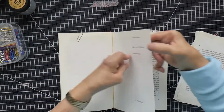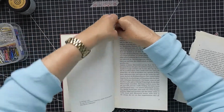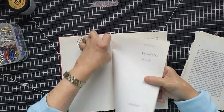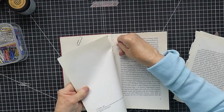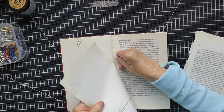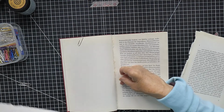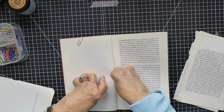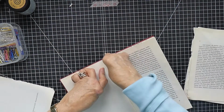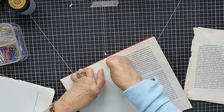So I'm just going to try taking out this one now. So I'm just going to take the next one. I'm just sort of afraid to really rip it. Just got to take it quite gently. It's left some really raggedy edges, so I'm going to have to be careful that when I do my pockets, I try to hide these ragged edges inside the book, inside the pockets. Some of them are going to be a little bit tricky to disguise, but I'll do the best I can